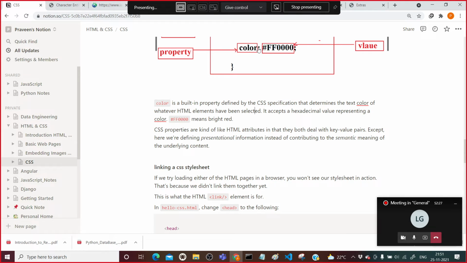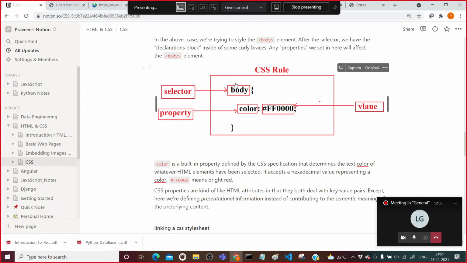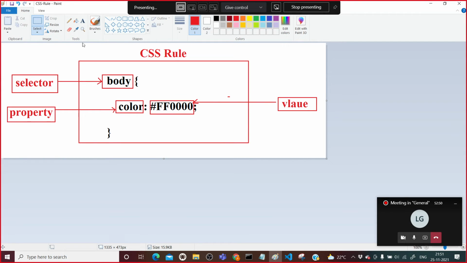If you want to create multiple properties for a particular selector, you must include a semicolon between two properties. This semicolon tells that here your property has ended.